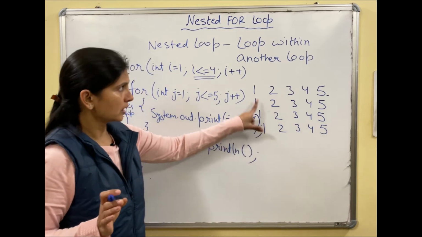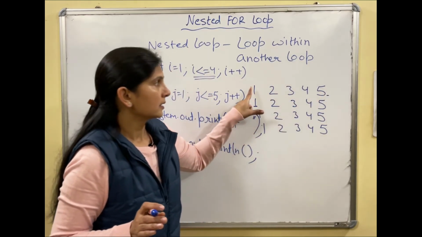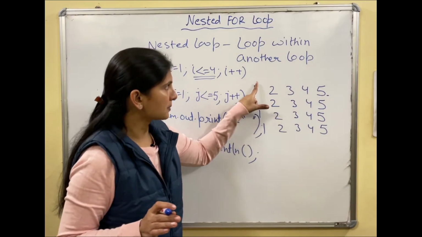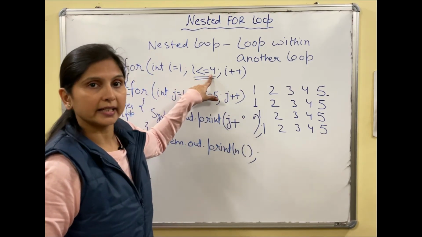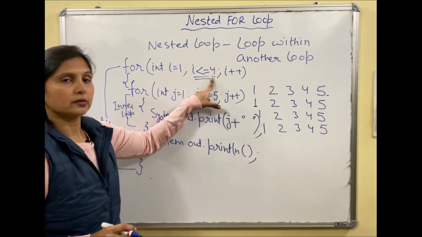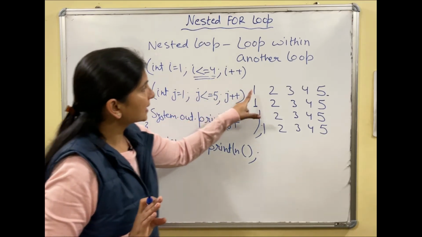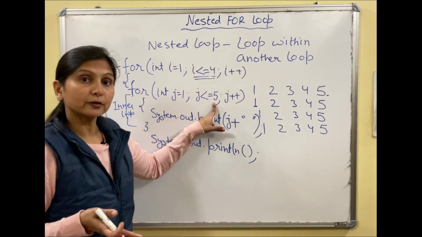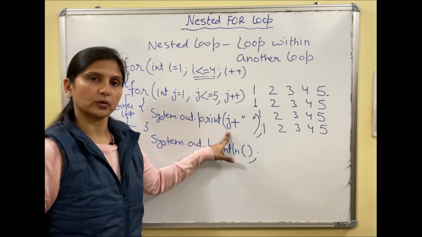Fine. I hope you have understood. So in the first loop we have used the j loop to repeat this. Fine. See, mostly we take j for columns to display the columns. These are the columns, vertical. And to display the rows we use i. So how many rows are there? 1, 2, 3, 4. So i = 1, i less than equals to 4 we have taken for the for loop. Fine. And how many columns are there? 1, 2, 3, 4, 5. So j will run 5 times. And what we have to display? As we want only 1, 2, 3, 4, 5, so I have displayed j only.